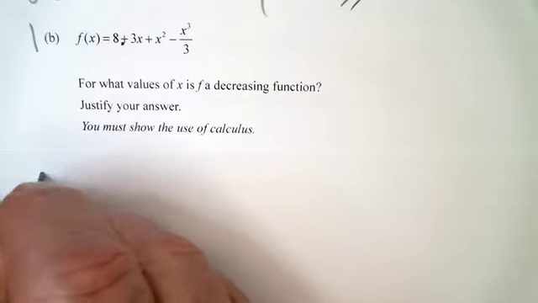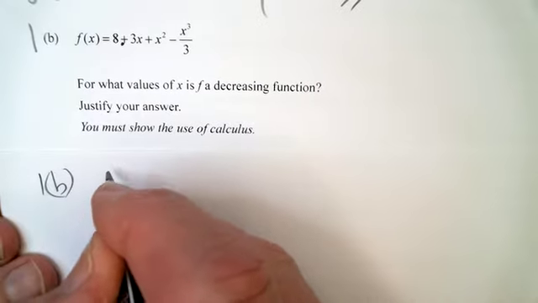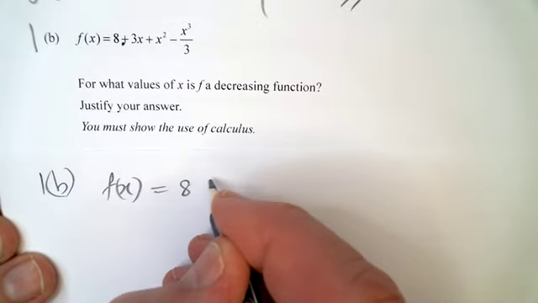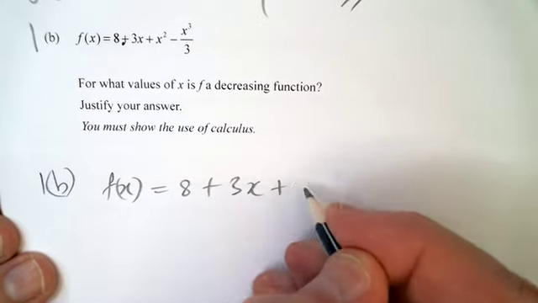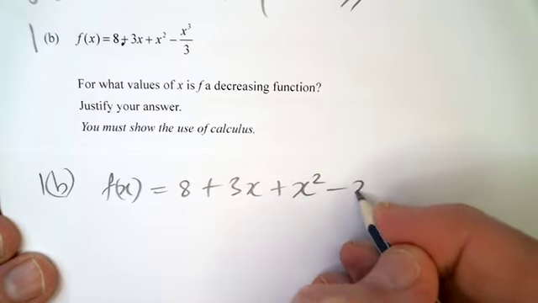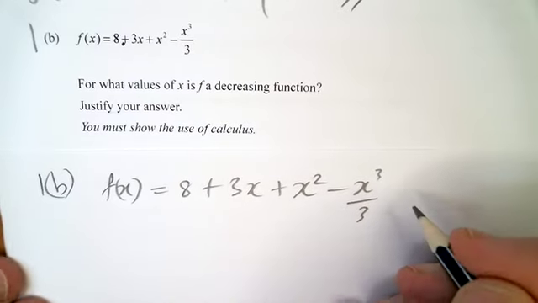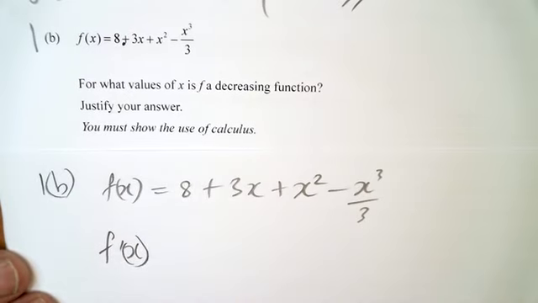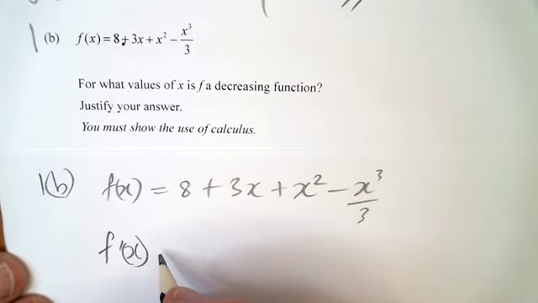So let's write out the actual question first. So we've got f of x is equal to 8 plus 3x plus x squared minus x cubed on 3. Let's find the differential function. We have to do that because what we're wanting to find are the turning points, because this is some sort